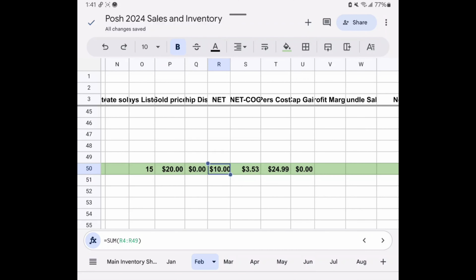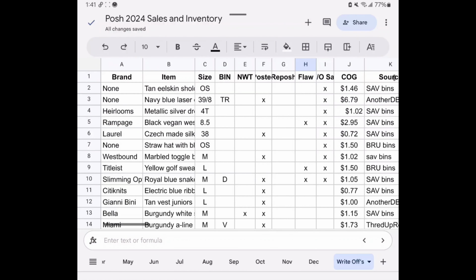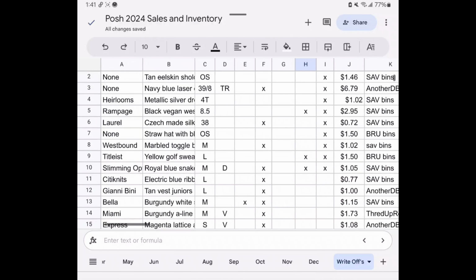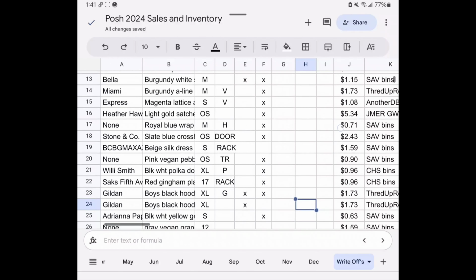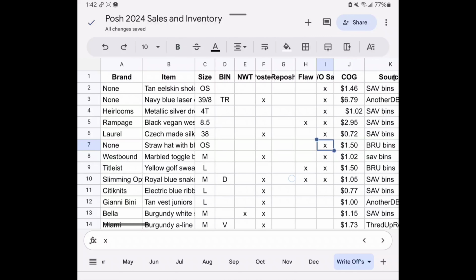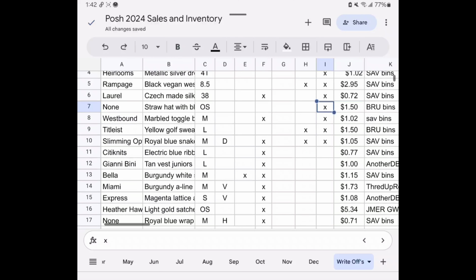I think now I'll show you something really quick. This would have to be personalized. I have a write-off tab. And this, as I write off things, basically as I find flaws, and more frequently as I decide the inventory is outdated and will be written off, I do keep this because this is a write-off for the current tax year, regardless of when I actually purchased the item. So this could be personalized, but basically it has the same column headers, because it's going to be a copy-paste operation when I bring something off of this main inventory sheet and put it here. So let's go ahead and look at the bundle calculator